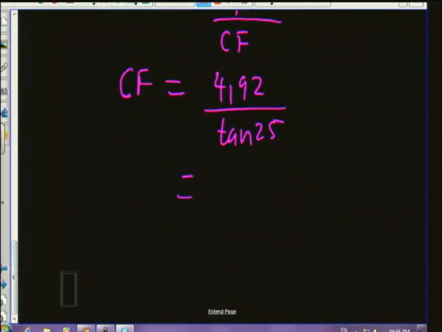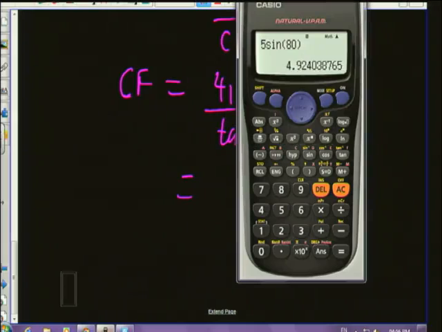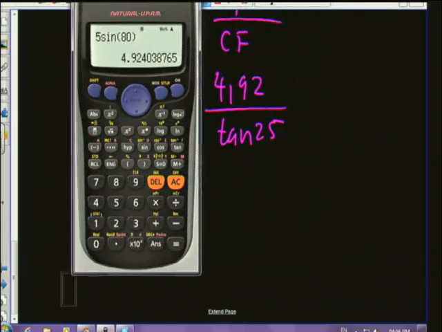So now we say 4.92 divided by tan 25 gives us